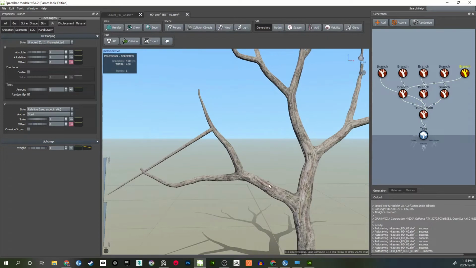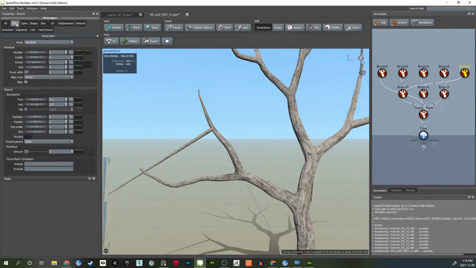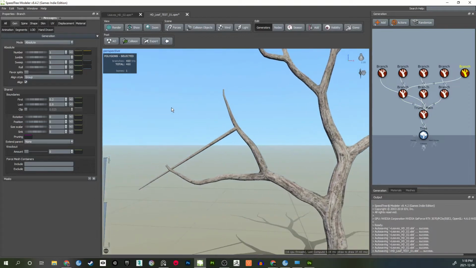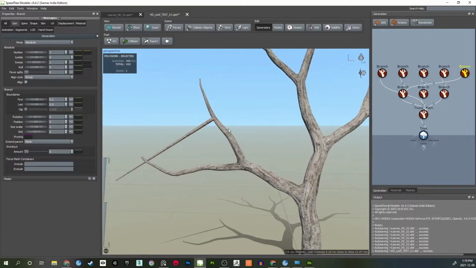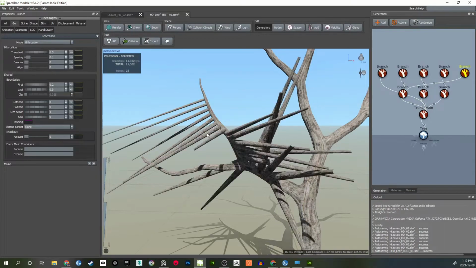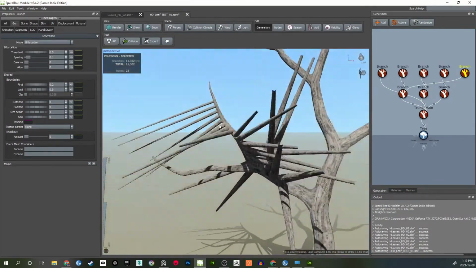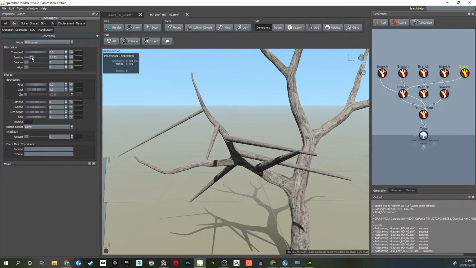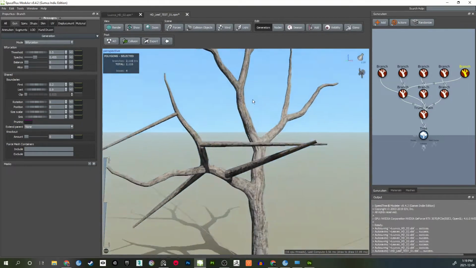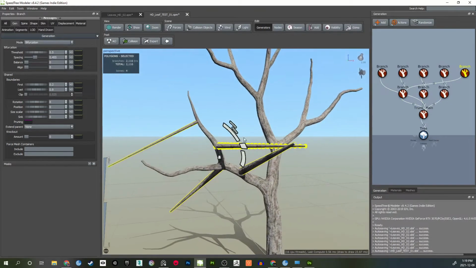Now I want branches starting from all around it. So go to gen. One thing we can do is make branches come out wherever there is a small bend in the branch. That is called bifurcation. We'll just try it out. Go to bifurcation here. There are too many right now, so you can just reduce the spacing. I mean, increase the spacing. Increasing the spacing means there'll be fewer branches coming out. And just increase the angle